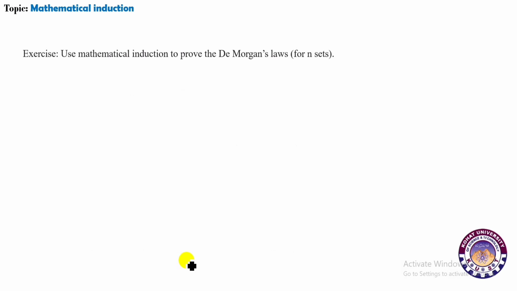And I am going to leave an exercise for you. Exercise: use mathematical induction to prove the De Morgan laws for n sets. Here you have to show that the complement of the union of A_i, i equal to 1 up to n,